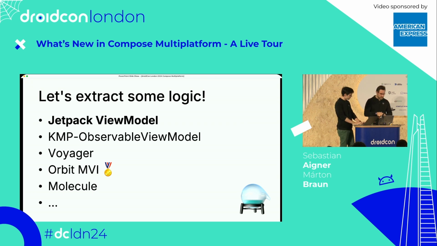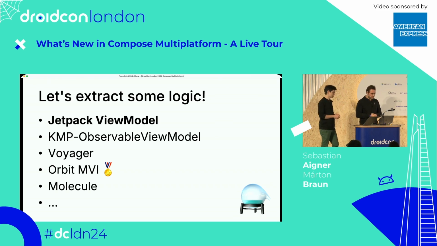Well, we have a bunch of different ways of actually doing this. The community has built a bunch of things like KMP Observable View Model. Voyager is kind of a combination between a screen model and navigation library. Orbit MVI, if you're more of a model view intent fan, that is something that you could use. But in this case, the architecture looks a little bit different. We do want to shout them out, though, because they won a grant of the Kotlin Foundation. And there's also something like Molecule, which brings the composable APIs, or the kind of composable paradigm,